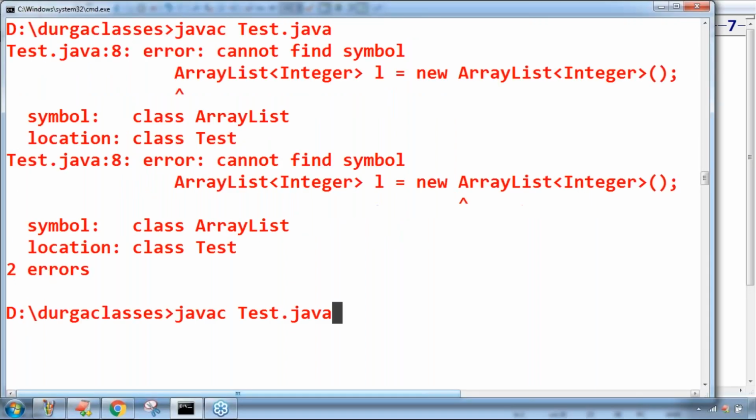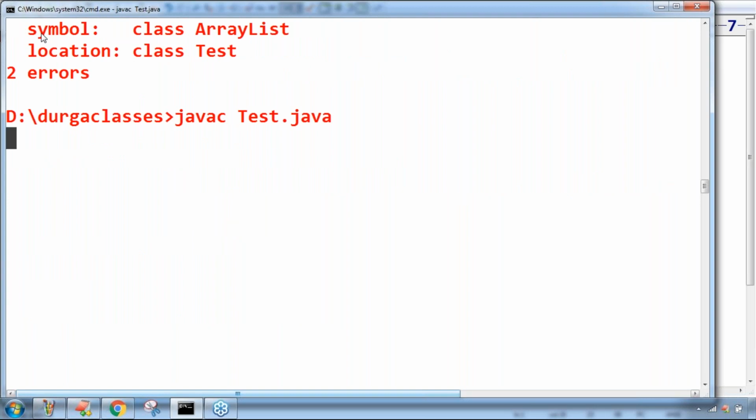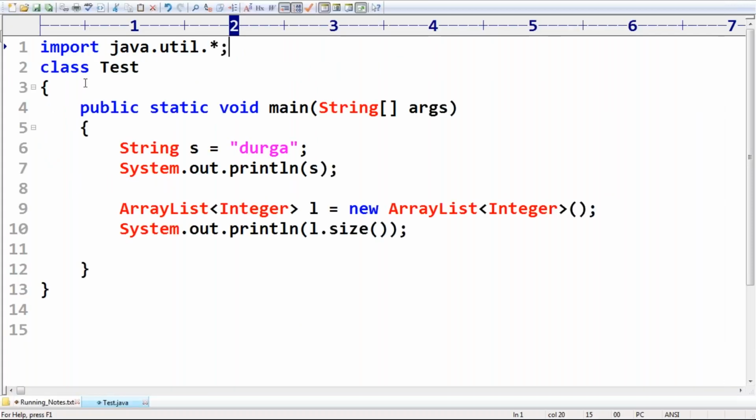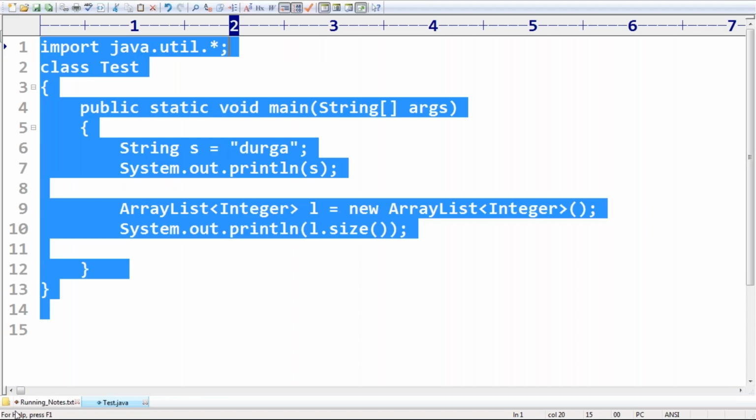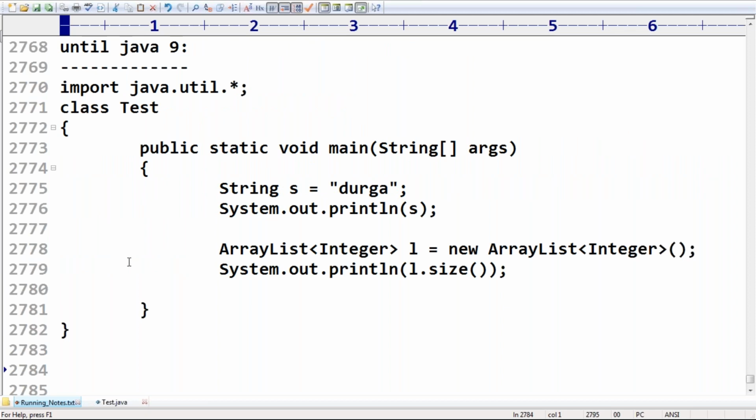Now have a look. Happily the code compiles fine. There is no problem at all. Now let me execute this code: java Tester. The answer is Durga 0, perfectly. It's valid, sir. So now from Java 10 onwards, until Java 10,